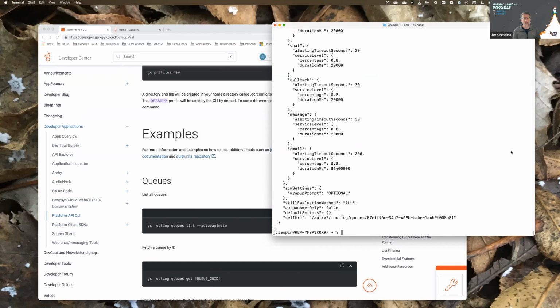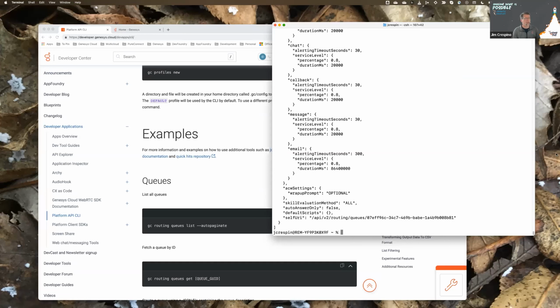Well, since this is the command line, and especially if you're in something like PowerShell or a bash script or something like that, you can take the output from one API and pipe it into another, pipe it to a file, and then use that file as input to the next API request. I'm not a Windows user, so I don't know PowerShell all that well, but I know that it can be used from PowerShell, and you can do similar things as you can on Linux and Mac.